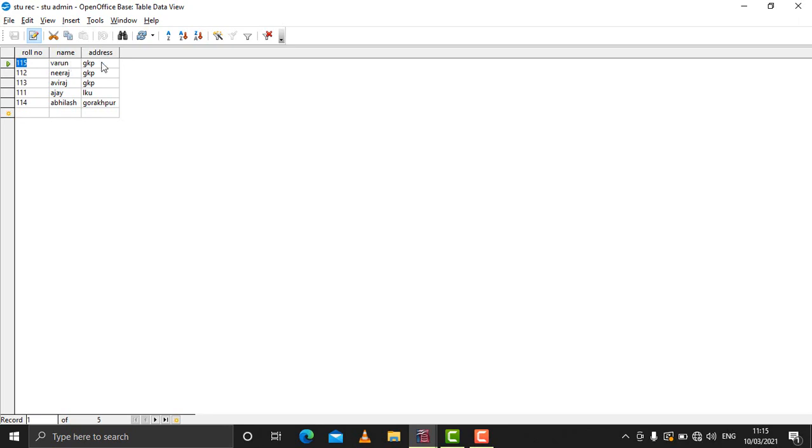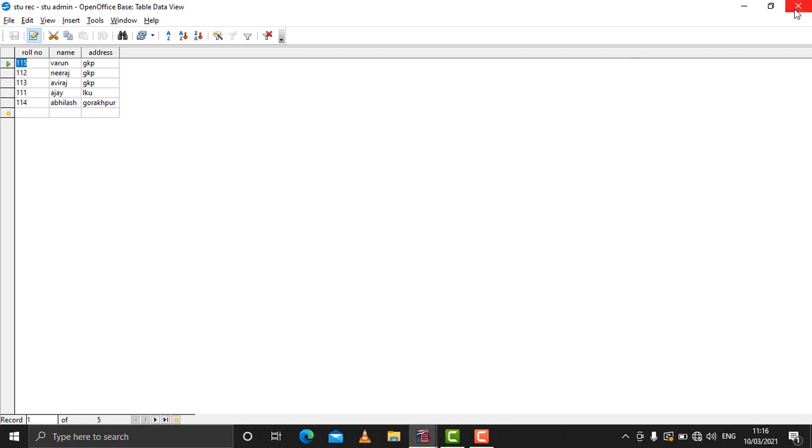So now we can see that through a form you can enter the data and you can view the data. The next thing which we can do is we can delete the data also through a form.